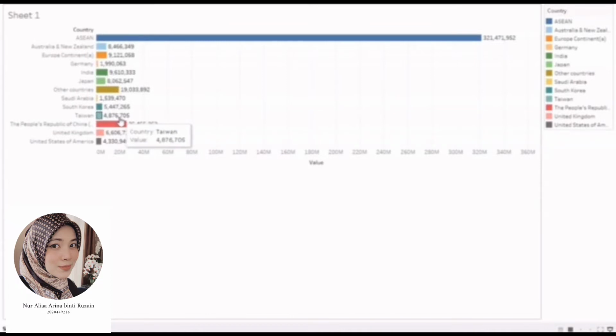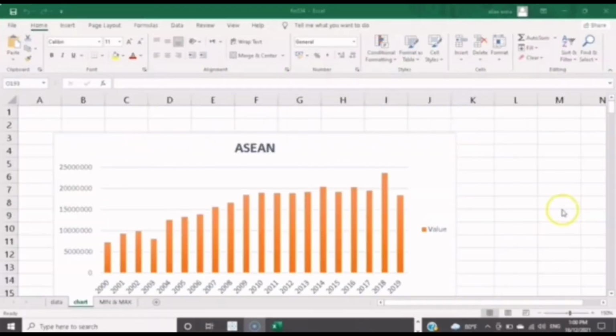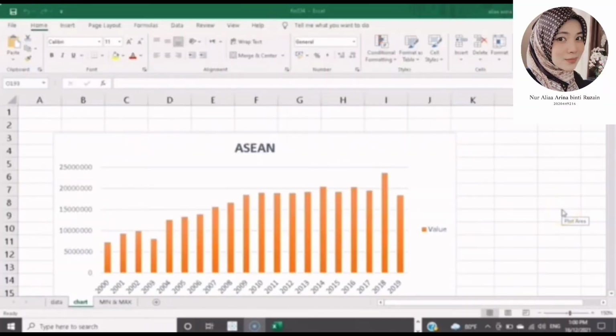After that, we have the People's Republic of China, which has the value of 25,455,253. Next, we have United Kingdom, which has the value of 6,606,711. The last one is United States of America, which has the value of 4,330,949. Next, I will use a chart graph in Excel to make a comparison of data from year 2000 till 2019